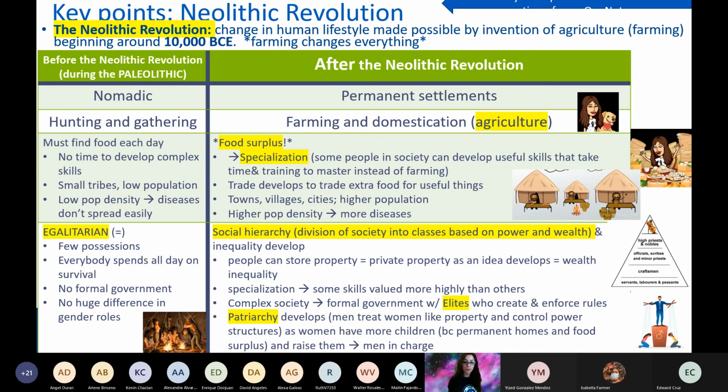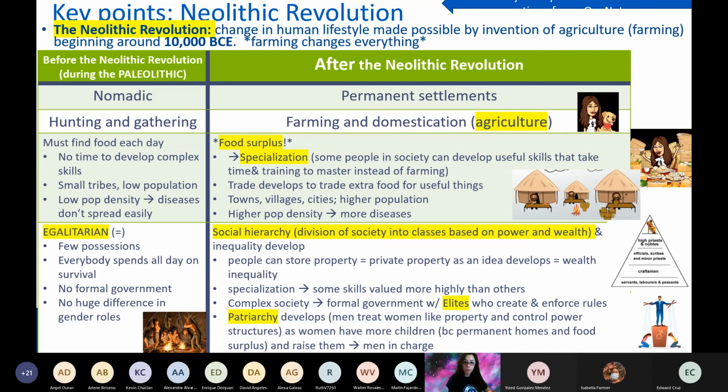I recommend you set up your notes as a T-chart as well. On the left, you'll notice a lot of information that we learned yesterday about the Paleolithic, the Old Stone Age. And today we're going to be contrasting that with the Neolithic Revolution, the New Stone Age. So I'll go row by row. As you have questions, please drop them in the chat too, and I will do my very best to address all of them. All right, so starting before the Neolithic Revolution, during the Paleolithic, over 50,000 years ago,